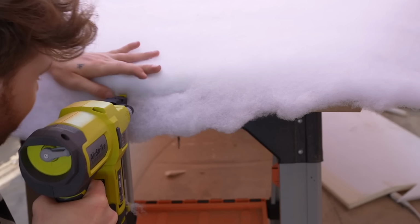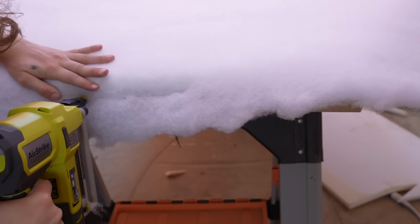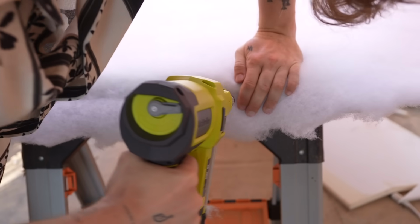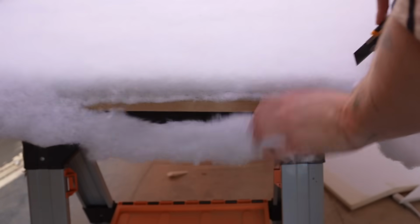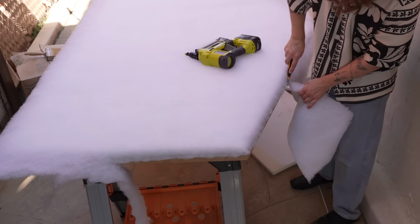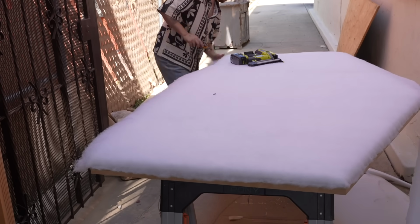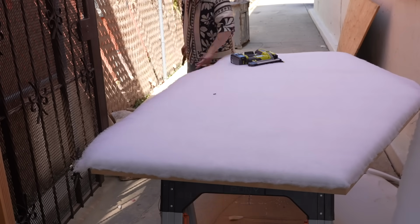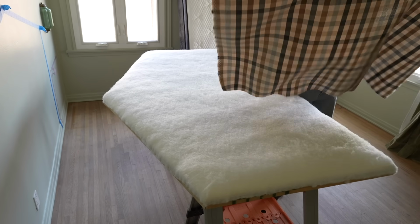And I don't know if you were aware, but Ryobi actually sells an upholstery staple gun that requires no air pressure, which is great because a lot of them actually do. And this is sold literally at a general hardware store, so I'll link it for you guys below because it came in so handy for this project. And you're basically just gonna staple into the edge of the wood of the headboard all the way around to secure your batting down, and then cut off the additional batting that's left behind. This is gonna round out that harsh corner there and get us prepared for the upholstery process,